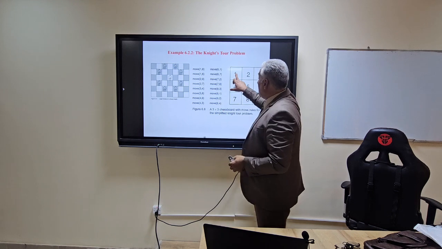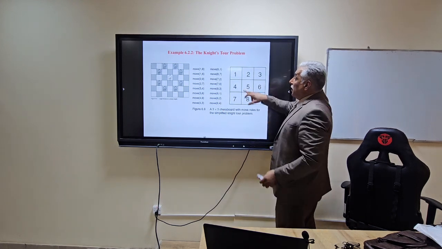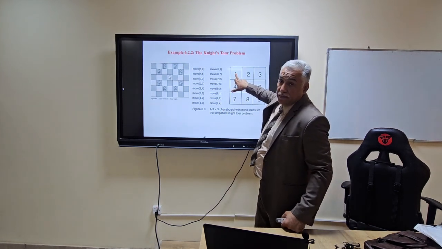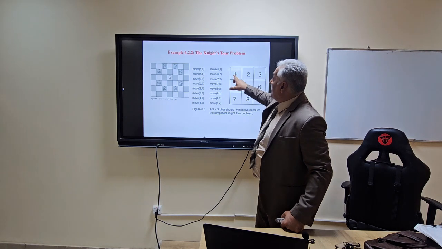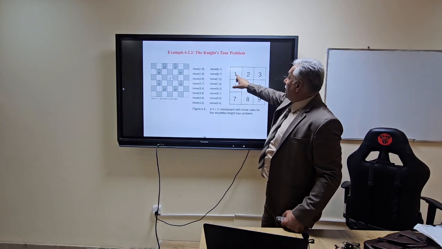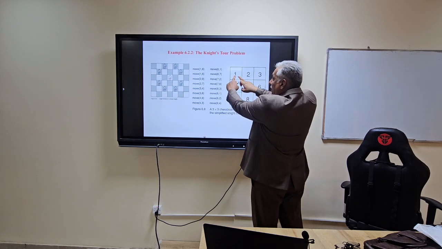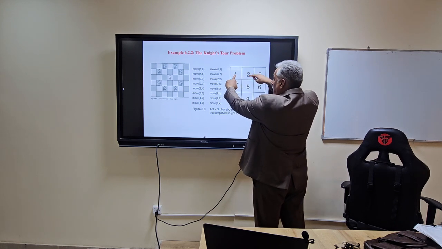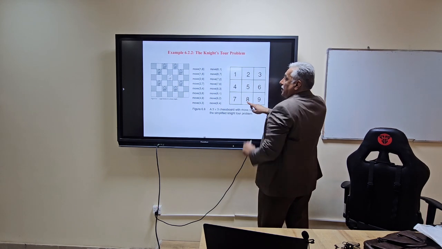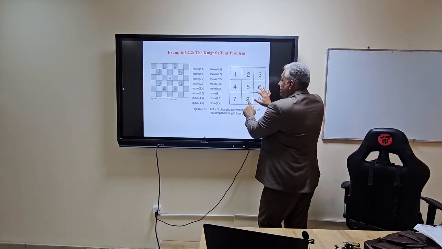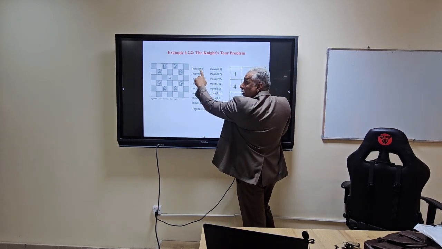For example, this is an example. If the knight is here, staying here, the knight will be either in 6 or 8, because here or like this. That means 6 and 8. When you were in 1,